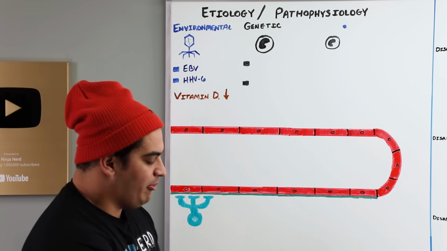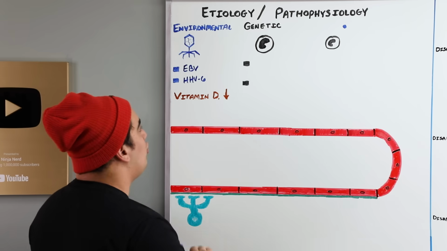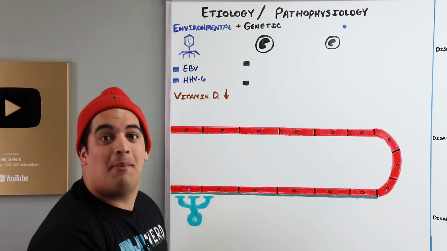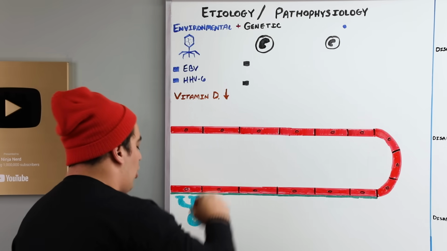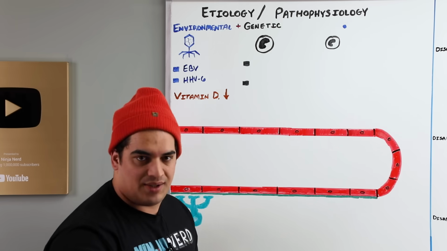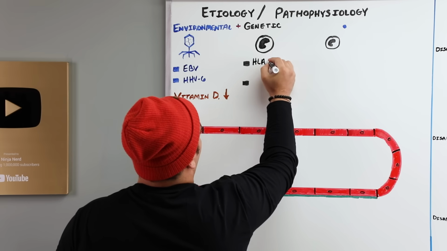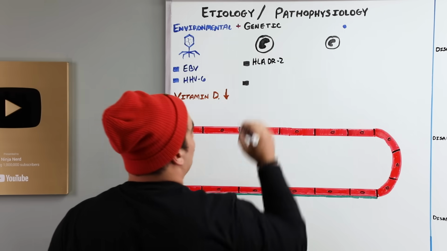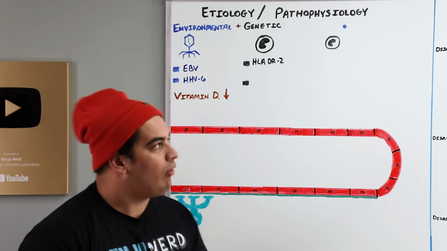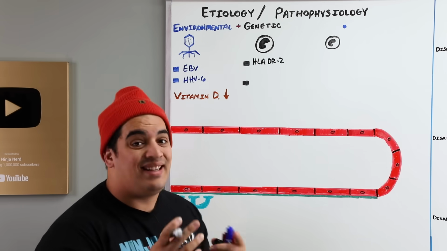The genetics behind this: when you have an autoimmune disease, there have to be two components involved, an environmental component and a genetic component combined. That genetic component is believed to be some type of susceptibility genes. And the susceptibility gene that we've traced this back to is HLA-DR2. So there's a particular type of mutation or polymorphism within this gene that is present on antigen-presenting cells,